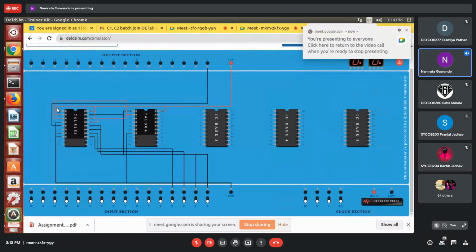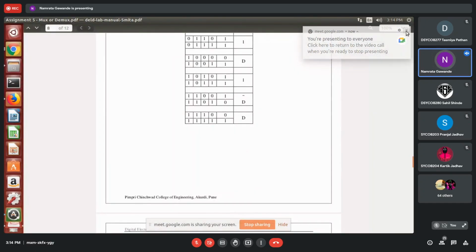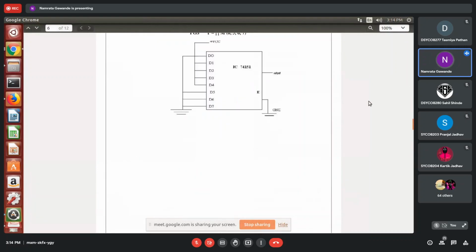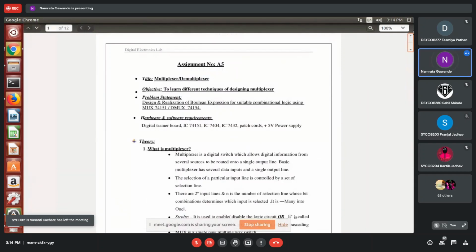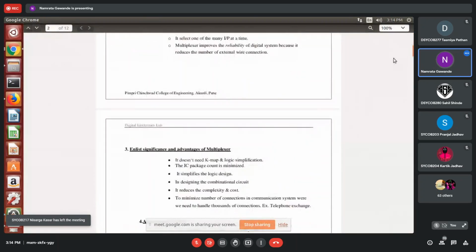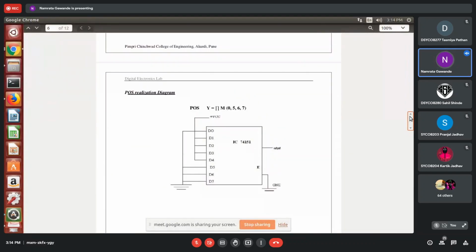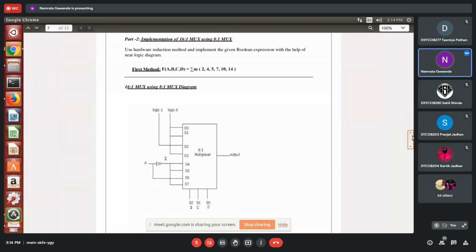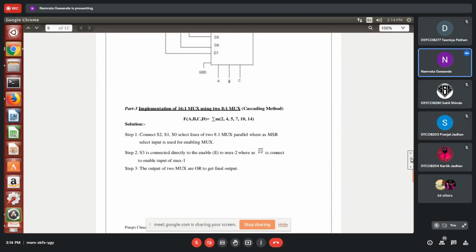Okay, so this part I have explained. Now here you can see in this particular document, this I will forward to you for the write-up. The next write-up that you have to write is assignment number 5, right? So you have to complete this assignment number 5. From this only we have taken one expression, and that we have realized, here 2-3 expressions are given. So this is the reduction method that we have used. You have to write the theory that is given in this particular document.